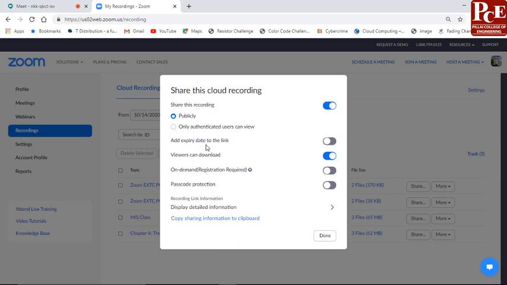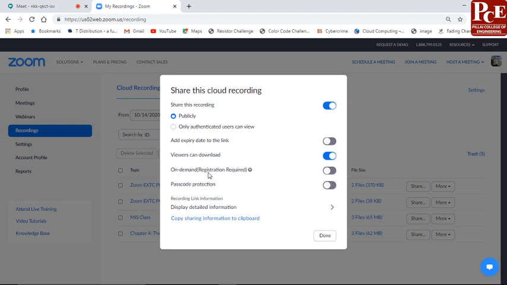Expiry date for the link, whether you want to remove the recording after some time, so that expiry date is available. But as we are giving this to students, there is no need of keeping this on. Viewers can download. Yes, our students are going to use this recording for their exam purpose, so we can keep this on, so they can download at any time.